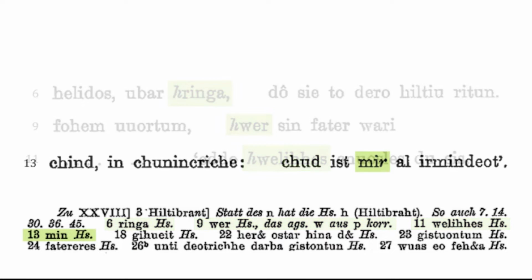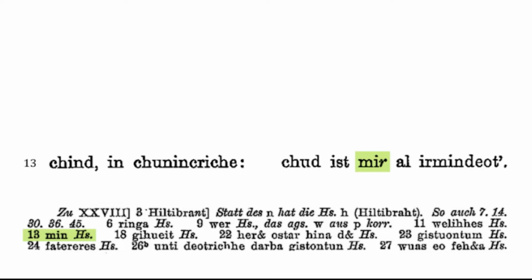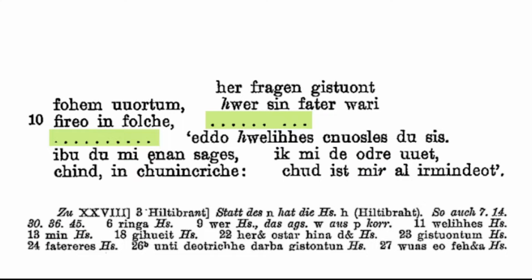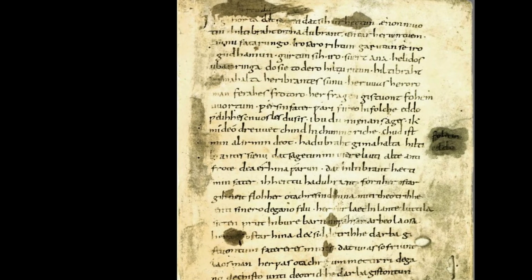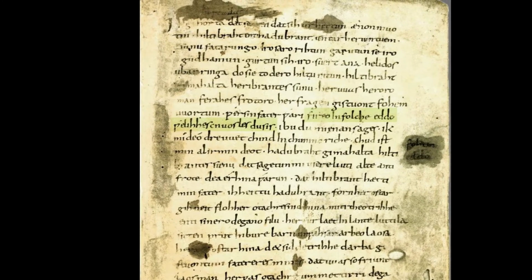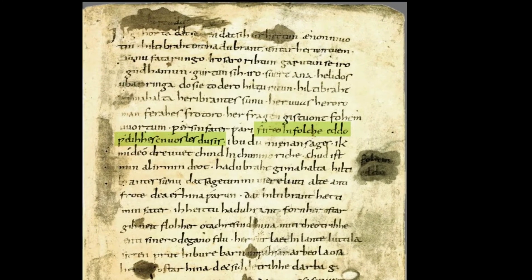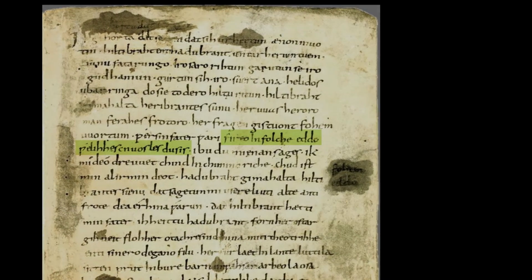The next entry, line 13 mir, is a more radical alteration by the editor. That's a grammar thing, not a spelling thing. One thing this app-crit does not comment on, and it ought to, is the string of dots in lines 10 and 11. A string of dots like this indicates a lacuna, a gap in the text. There's no gap in the manuscript, but a modern editor has judged that there's a chunk missing. Here they think there's a gap because of the syntax.